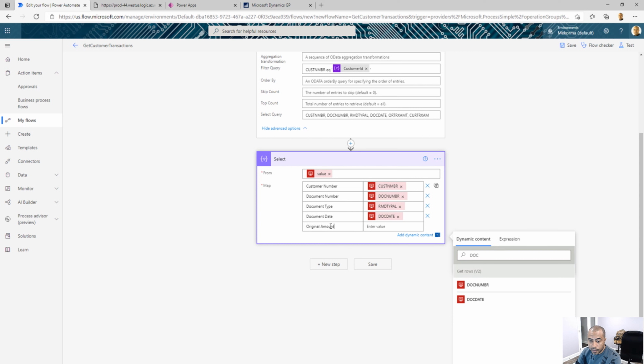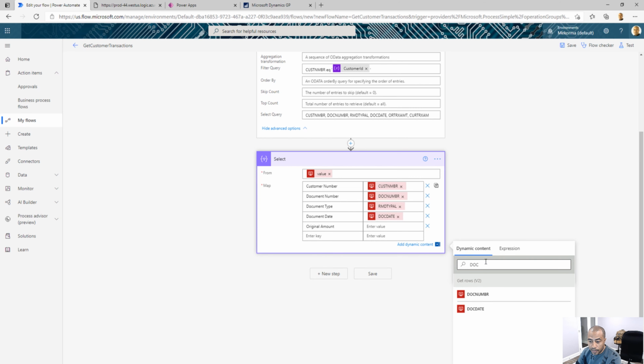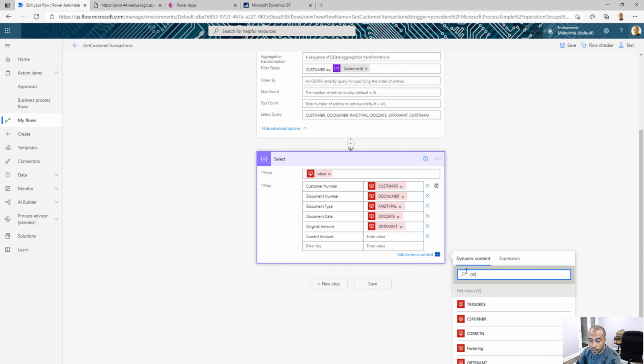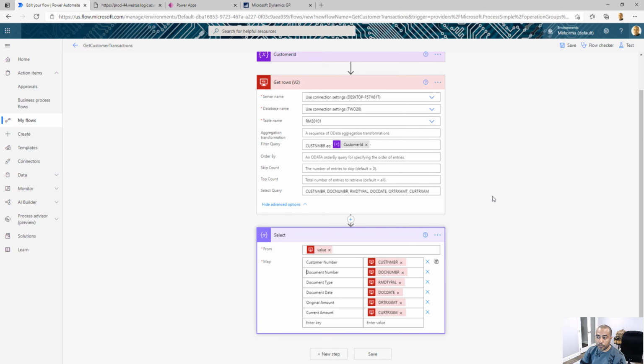amount, so that's the original document amount, and we can then select the original transaction amount, and effectively now the current transaction amount can be selected from that result set. So current transaction amount. Good. So we have all the information we need for this particular array that we just created here with this select